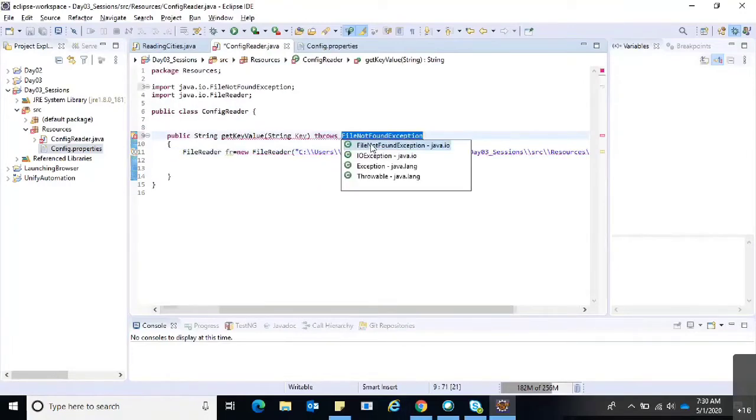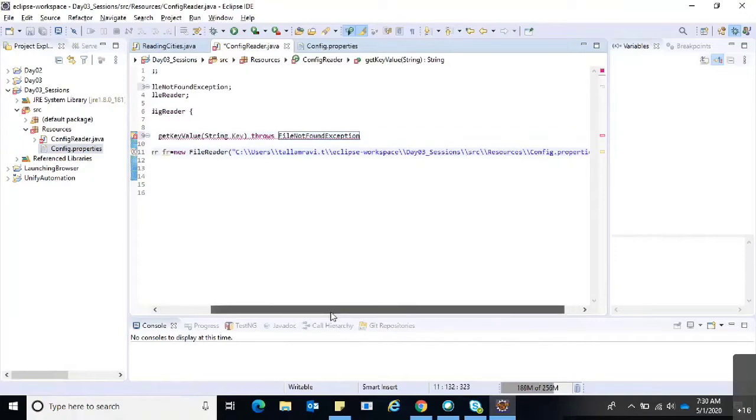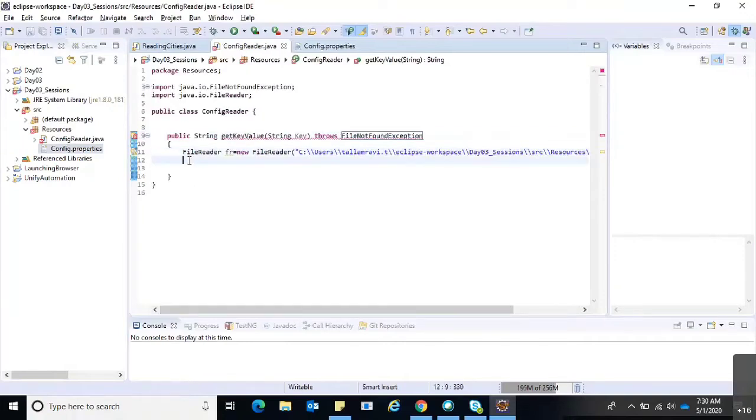I am selecting the FileNotFoundException.